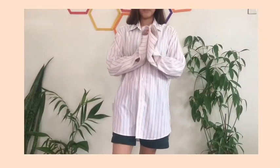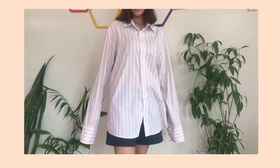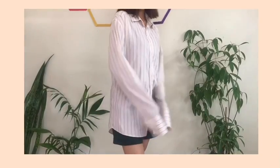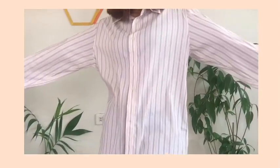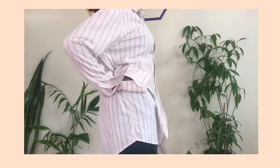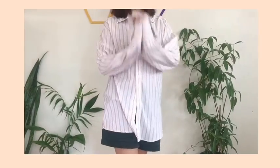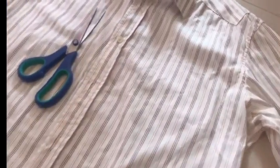So for today's video, we're going to do another episode of helping my sister make her DIY out of this oversized men's shirt here. We're going to transform it into a puff sleeve wrap top inspired by Jess Dang. So let's start. So first thing is, since